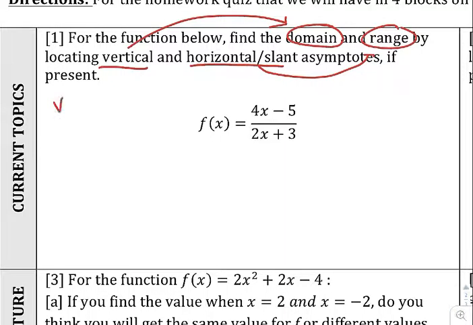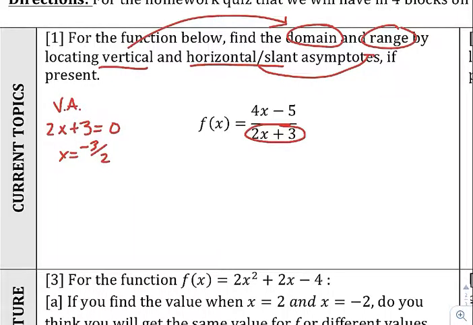So we need to find the vertical asymptotes. Recall vertical asymptotes are defined using the denominator of this rational function. We're going to ask ourselves what value of x makes that 0, because that will define our vertical asymptote. We don't have to be heroes about this. We can just set up the equation to solve. So 2x plus 3 is 0. If we subtract 3 on both sides and divide by 2, we'll find that this x value is negative